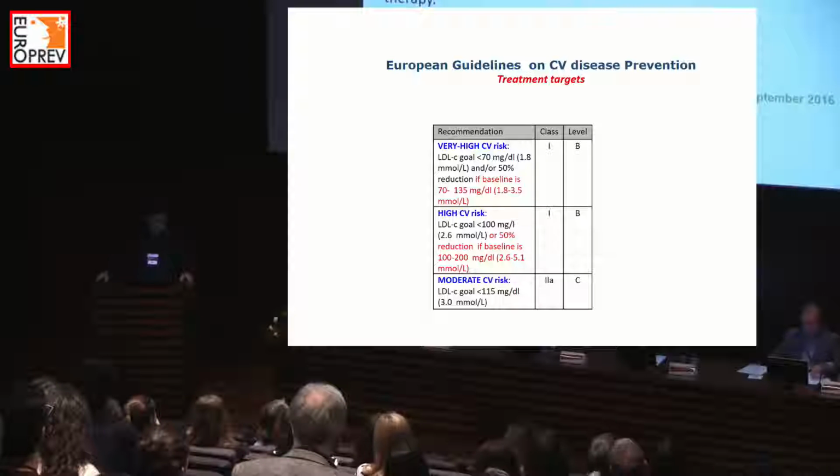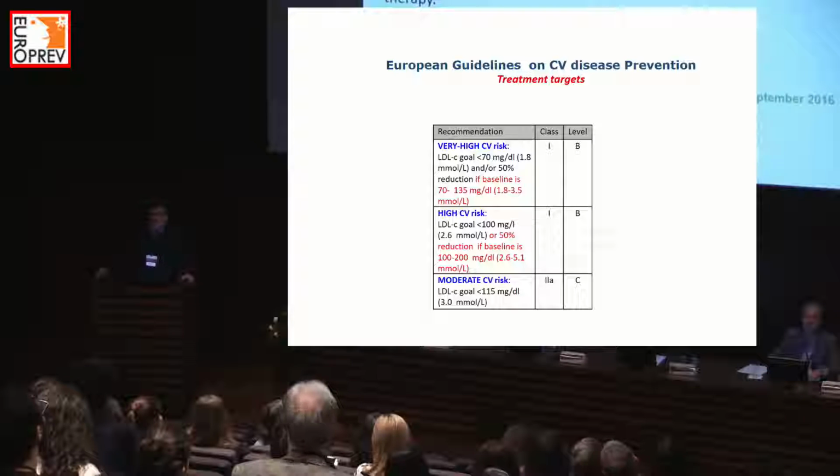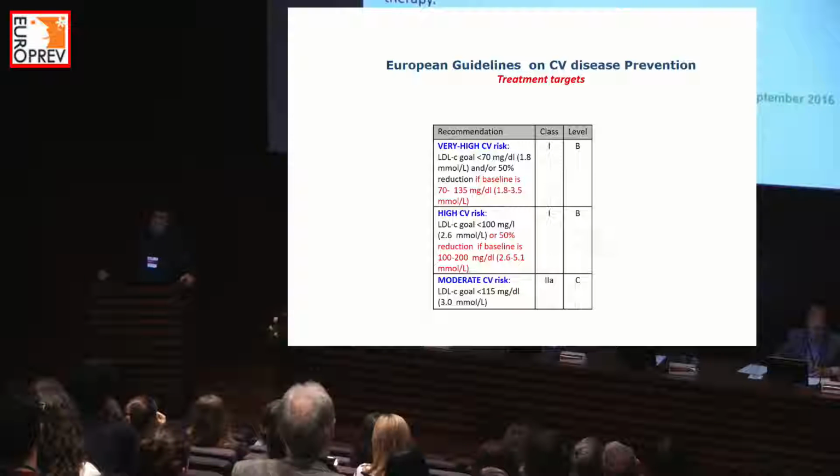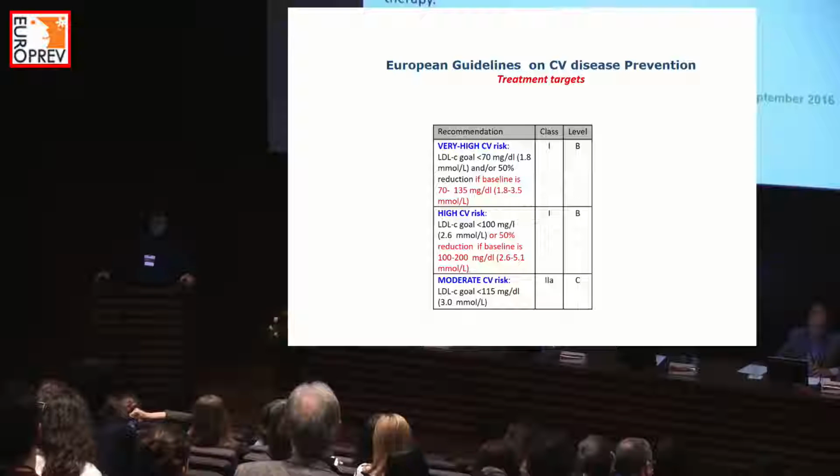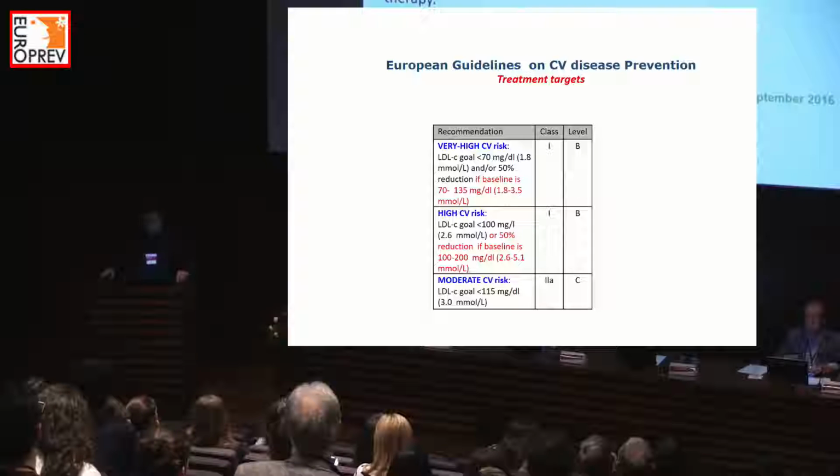Then we have the NICE. The NICE recommends the QRisk2. Actually, they have already published the QRisk3 that has included more factors, more parameters in the equation, to assess cardiovascular risk for primary prevention of cardiovascular disease in people up to and including age 84 years.